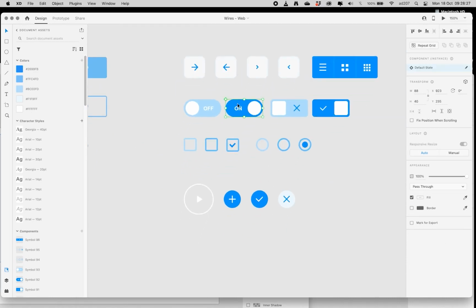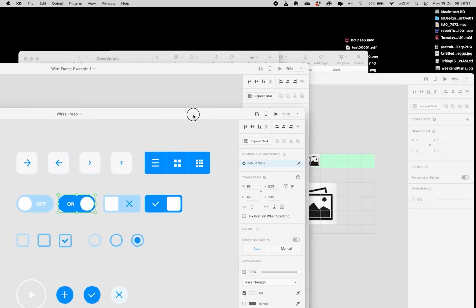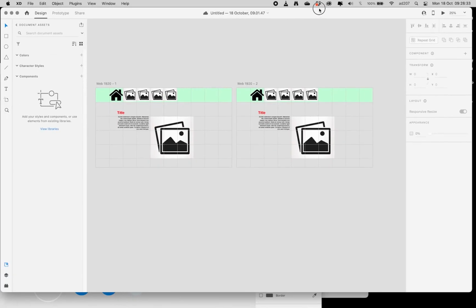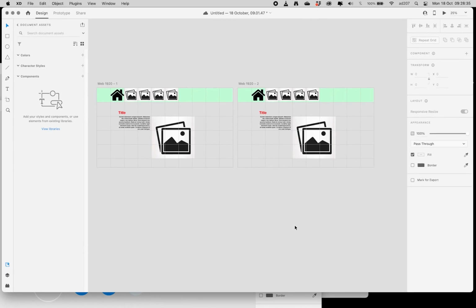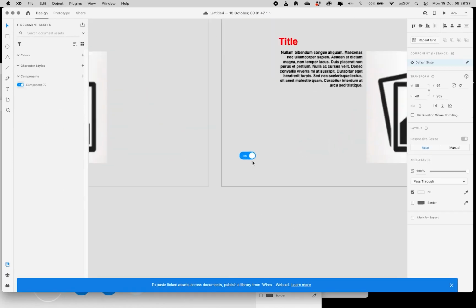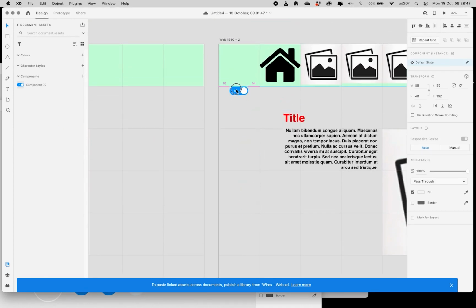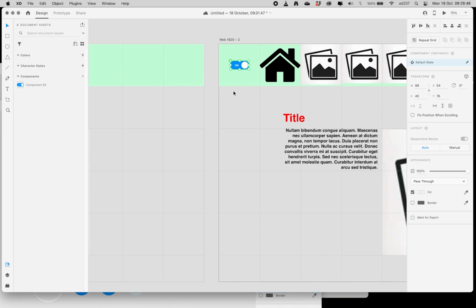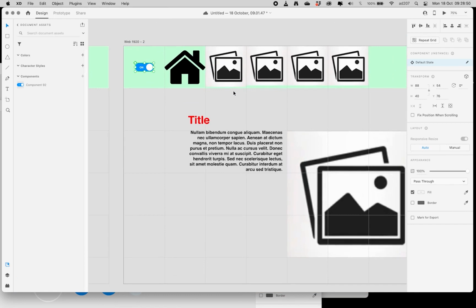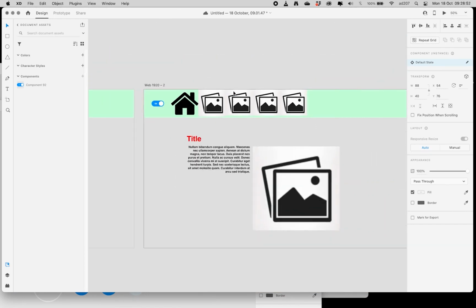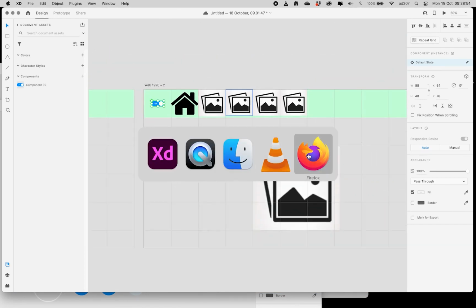We could copy these. Copy that one and go back onto here. Yeah, so if I want to add something like that, then you can see it's now added to my page, my project over here. So you can work with these, taking content from wherever. On the Adobe website,